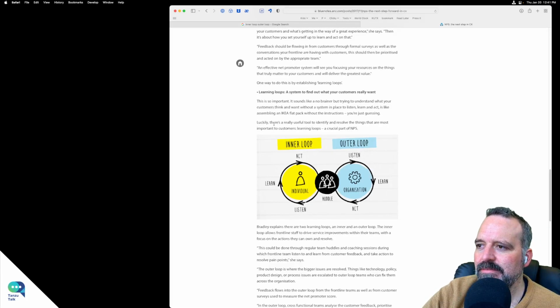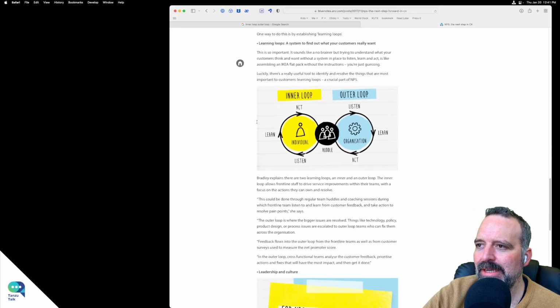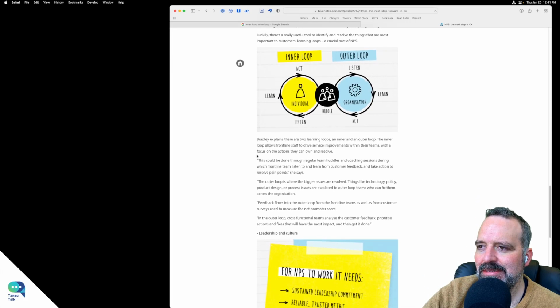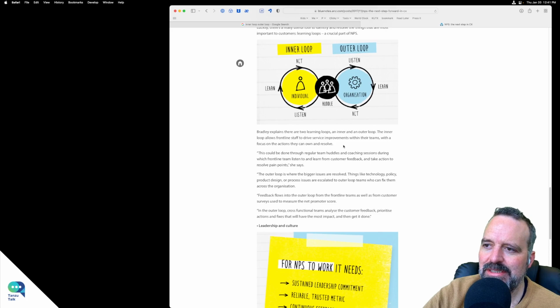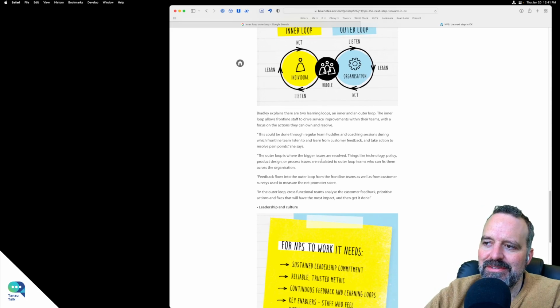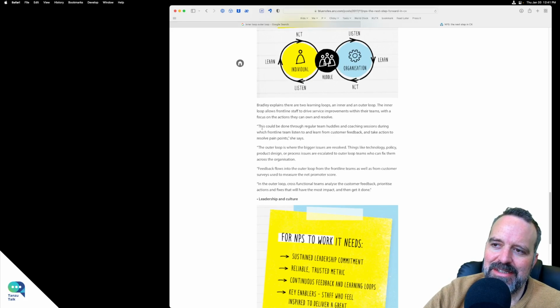Let's see. Learning loops. So this could be done by frontline staff to drive service improvements within their team with a focus on their actions. The outer loop is where the big issues are resolved. So this is, I like this. See, if I would have stopped and read that first article we looked at, it would have come here. But what you're saying here is,